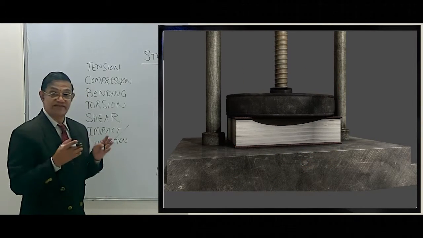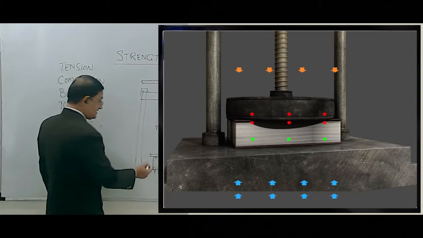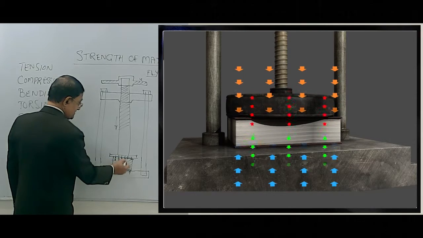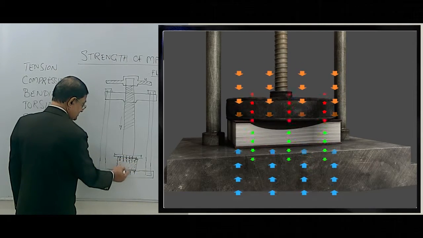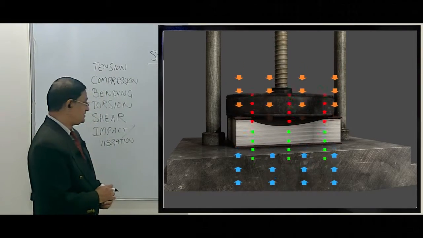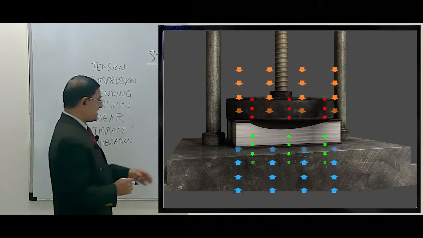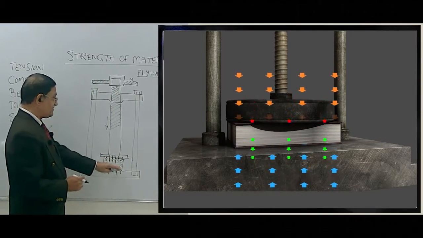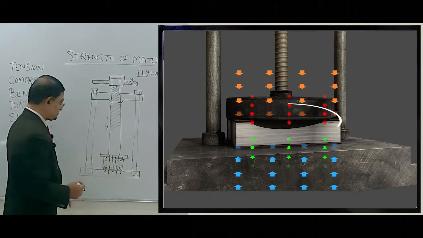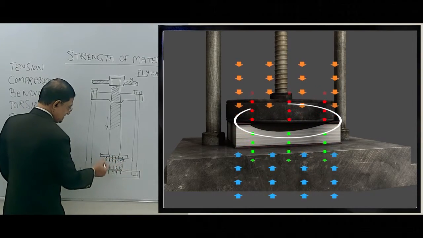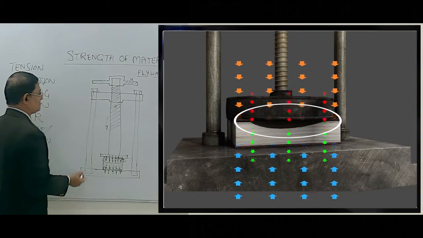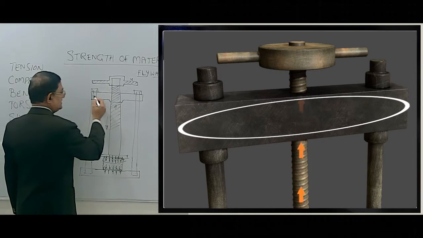The material tries to react internally to the compression in the form of opposite forces, similarly on the base also. Thus, if we look at the reaction of the material onto the frame, there is an upward force which you see here, which is transmitted through the central vertical post, and it is transmitted to the